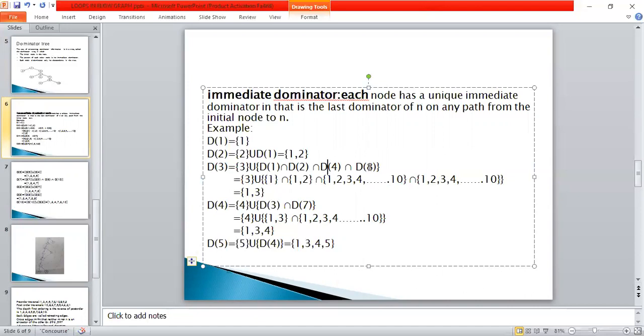D of 8 also we have not calculated, so take this also as nodes 1 to 10. Now take the intersection of all these sets. So 3 union the intersection of all these sets. Here the common element is 1 only, so take 1 from all the remaining sets. So D of 3 is 1 comma 3, hence the immediate dominator of 3 is 1.